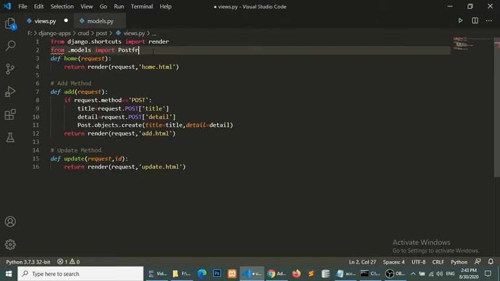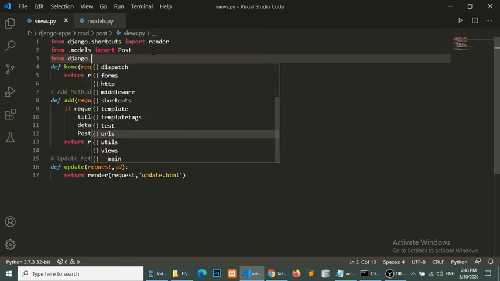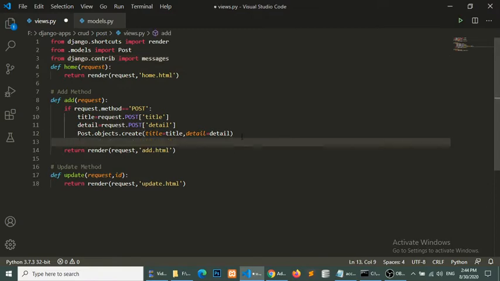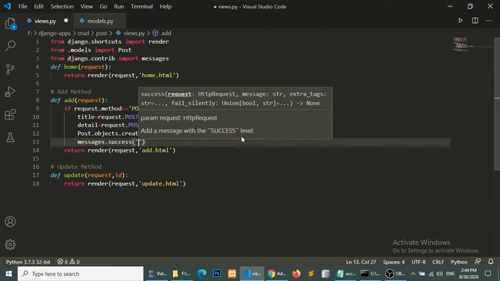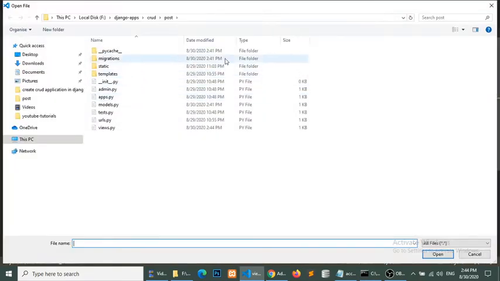So we will use the message framework from django.contrib import messages. Here we will put messages.success, and this will be our request, and the second will be 'Data has been added'. So now open my add template,